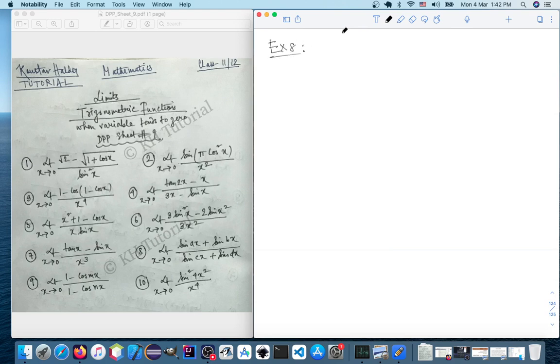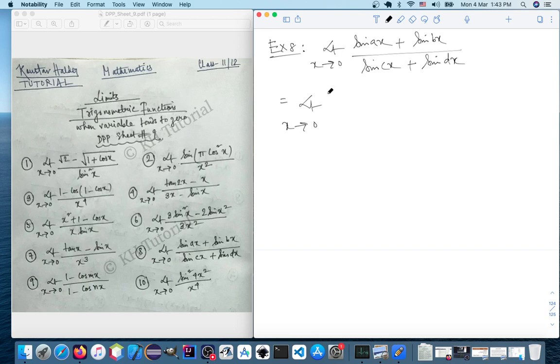The next problem says limit x tending to 0 of (sin ax plus sin bx) divided by (sin cx plus sin dx). Now this is a very standard pattern of question, and the approach is very straightforward: we try to create the sin x by x form for